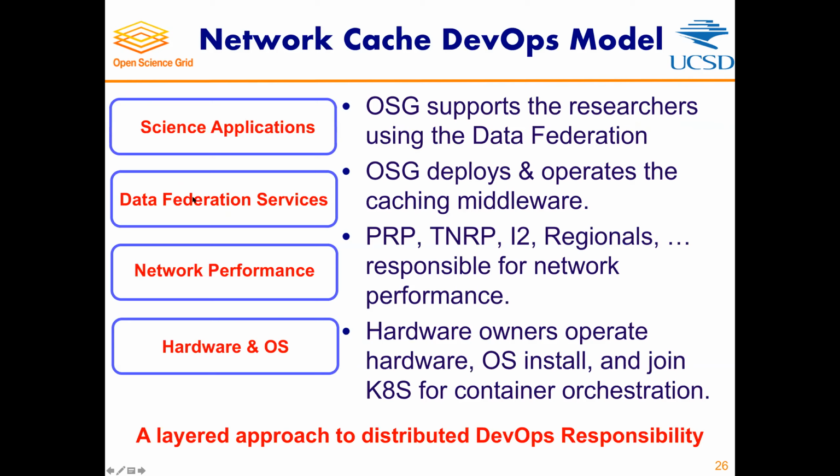Then on top of this is the Data Federation service. That's OSG responsibility. And then on top of this is supporting the science applications so that they can know how to use the Data Federation to their advantage. In other words, all of the teaching scientists how to do stuff. That is also OSG's responsibility. And what is important to me is that I think that this is the first time that OSG had this clean a model of operational separation so that people can work together without having to coordinate constantly. Does that make sense?